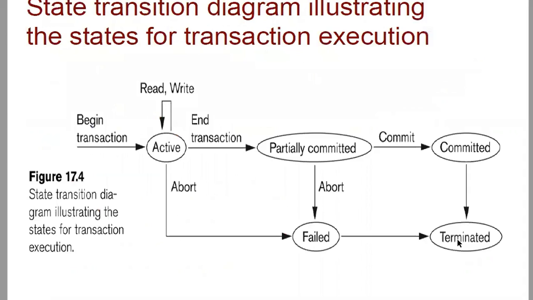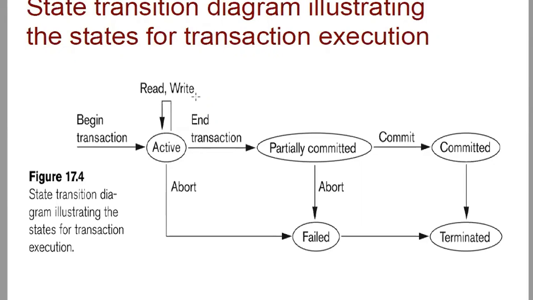Now, in this diagram, you can see the transaction diagram illustrating the states of transaction execution. Initially a transaction is started, that is, begin transaction, and once it has started, it becomes active. After it becomes active, the further data manipulations are carried out. If it is in the active state, it performs read and write operations. There can be multiple reads and multiple writes for a particular transaction. It depends on how you are writing your query.